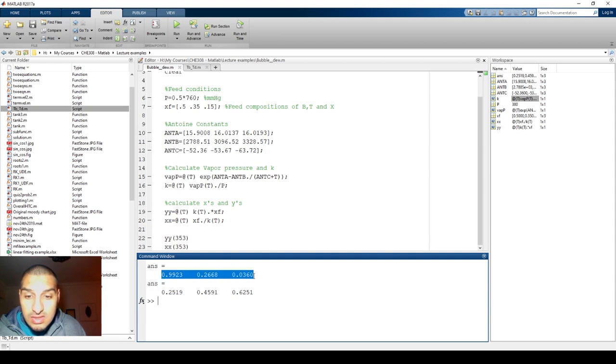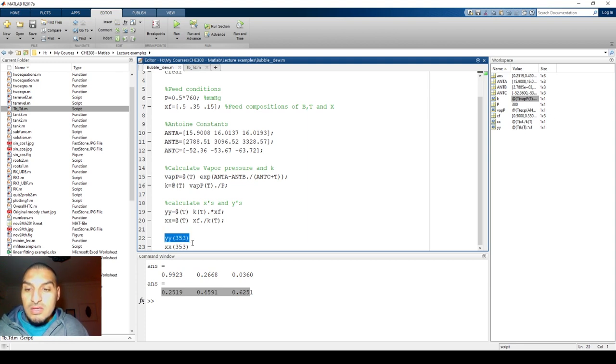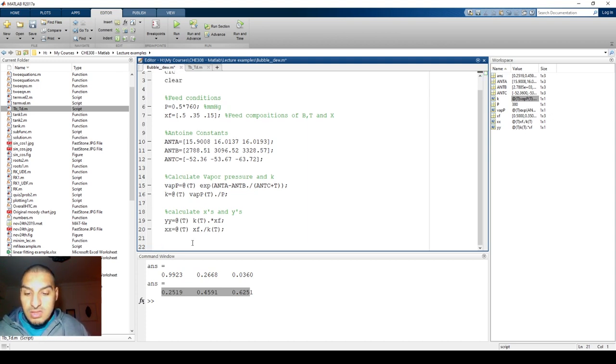and you would notice that the sum of this is not 1 and the sum of this is not 1, and this confirms that you are going right because you are just putting any number. It does not satisfy the two equations or the two sums. So now you can do the sum X equals function handle of T, which is the sum of XX, and sum Y equals function handle of T, sum of Y of T. Of course, I forgot to put it here,